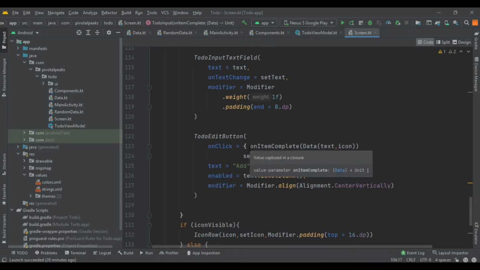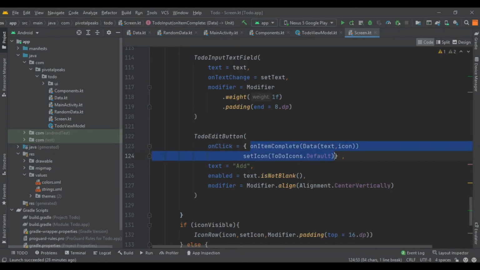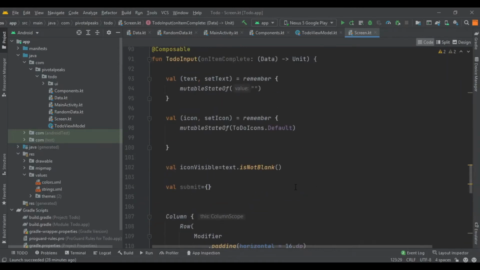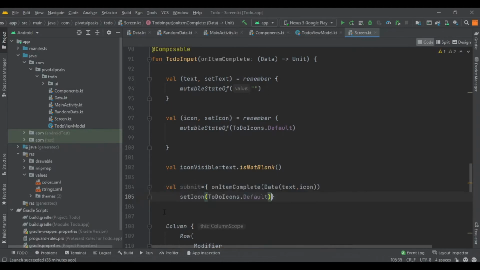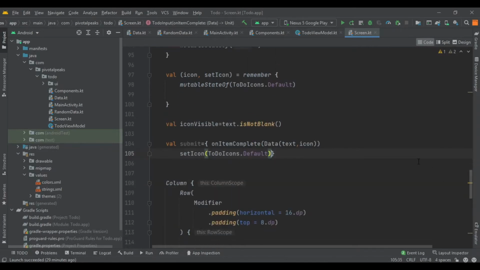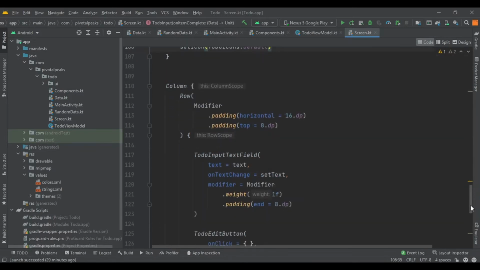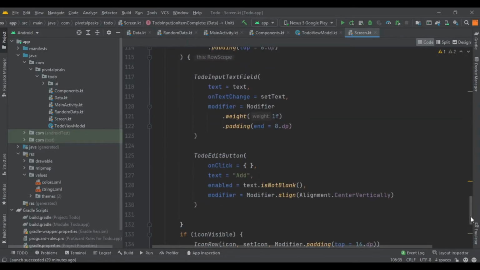So instead of passing these two methods, we are just going to declare it in our submit function. So let's declare it here. Okay, and then we need to pass this submit function to both our to do input text field and to do edit button.